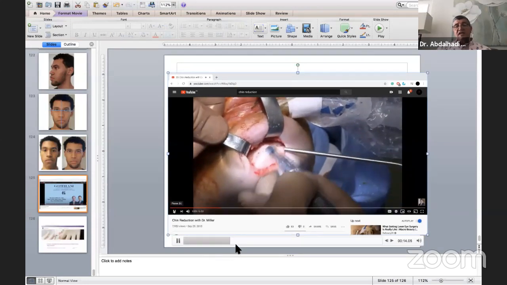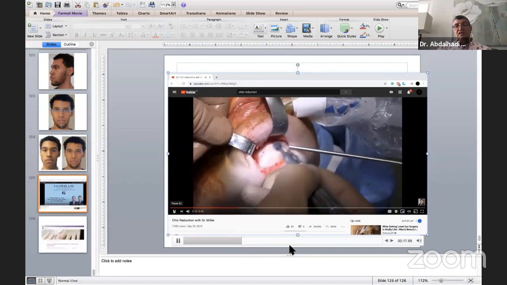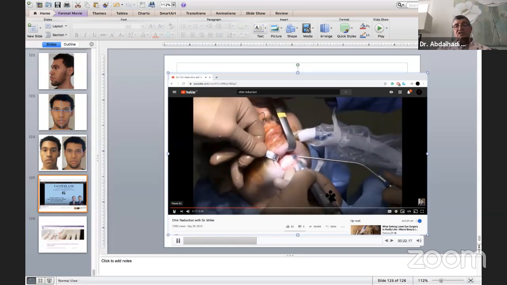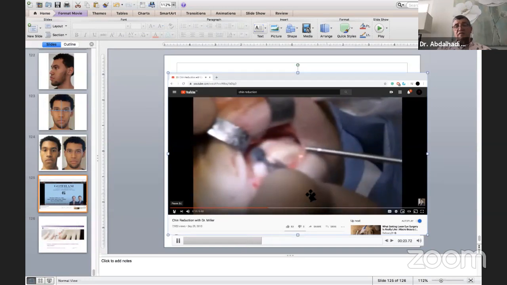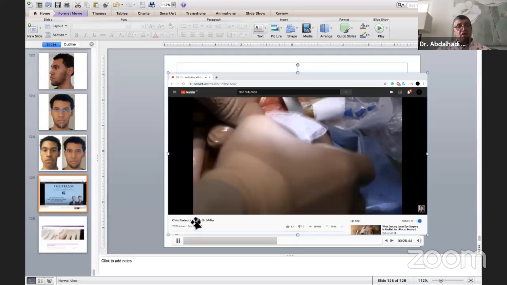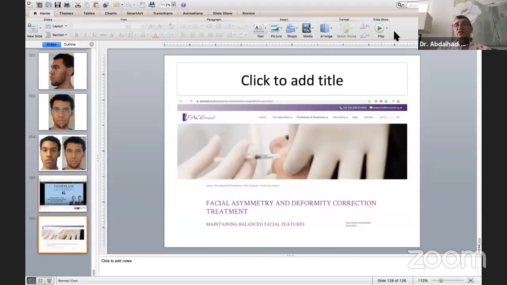They make a little incision at the chin and they remodel the chin in a way that needed to be done, and then smoothen it and then they close it. So it is mini surgery and the risk is almost nothing. Or, as I said, they can have a filler for that.